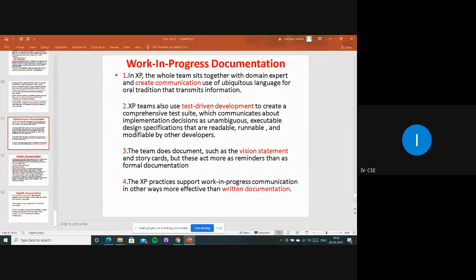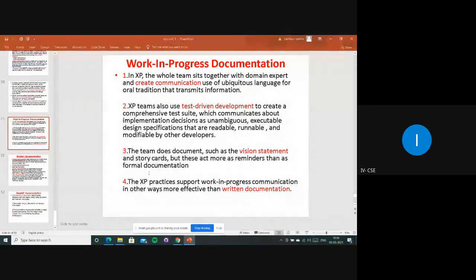Have you observed this? Whenever you visit MNC companies or anywhere, in their cabins there will be some small sticky papers. They stick them onto their cabin glasses or side walls, so that by seeing those cards they can understand what work has been done and what work remains. Some yellow, green, and red color chits will be there, and on them they write the things they have to do.